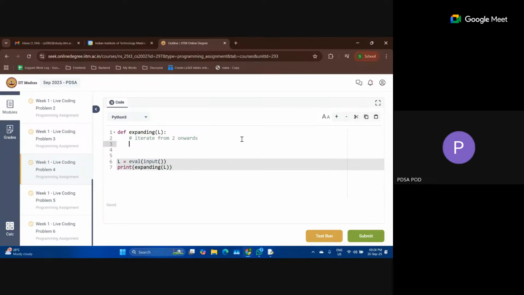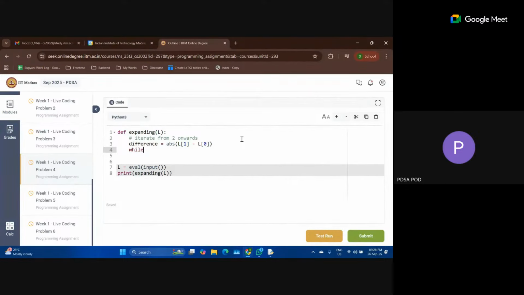Let's say my difference, I will need a base value to compare, right? So I'll start with this difference value. This difference will be between L of 1 and L of 0, but it should be the absolute difference. I want the absolute difference between L of 1 and L of 0. Whatever this difference is, I will store it with me.